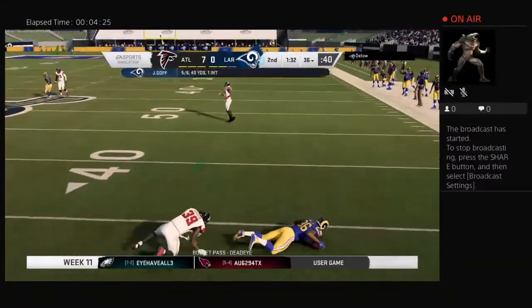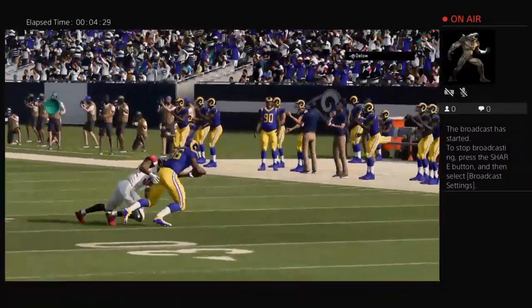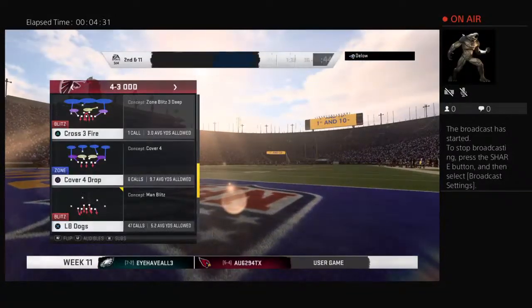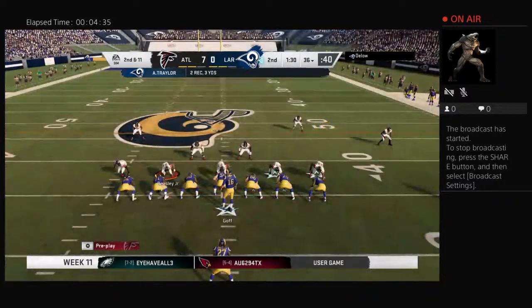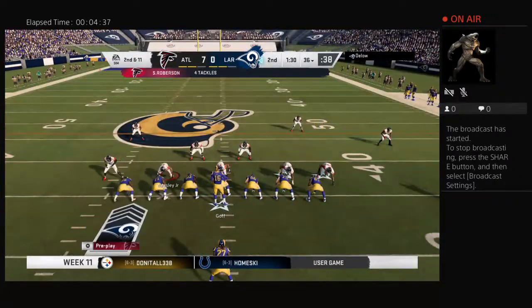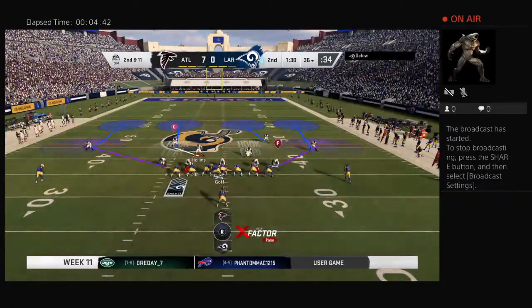Here's a throw right side taken in by his tight end. And that play went nowhere. Losing yardage. It'll be back at the 36. Now the Falcons going to use one of their timeouts as they'll talk things over prior to this upcoming 2nd down play. That pass play wound up for negative yardage, so here's 2nd and